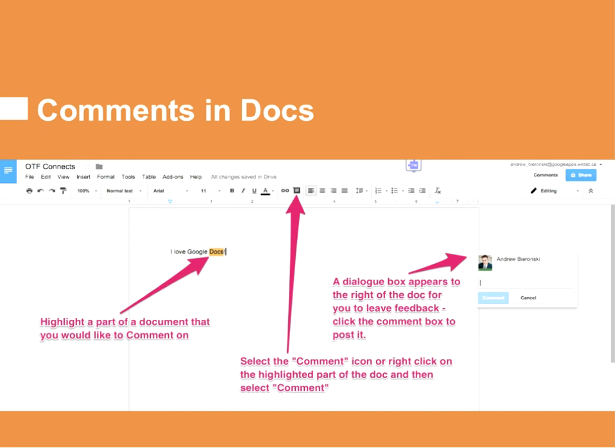But then getting to what I find a really, really cool space here, and the key reason to move towards Google Docs, is the collaborative piece and the idea of sharing, giving comments, suggesting things to people, working in a collaborative space. So one option you have is the comments box here, and there's a few ways to get to comments. Basically, when you're commenting on something, it's a great way to leave feedback to someone. You're not changing the actual document, you're giving the dialog box off to the side, and it's tied to what